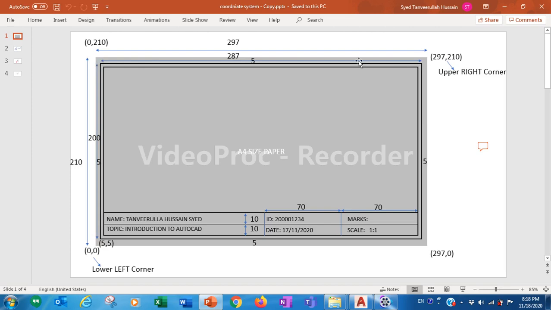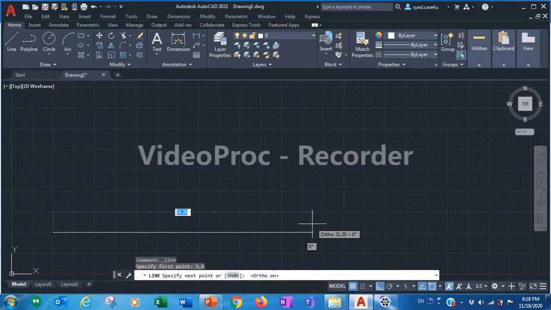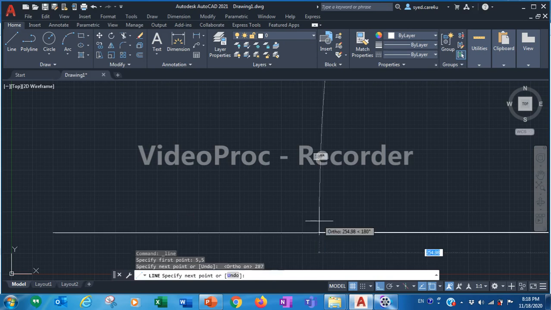We started from here, the starting point is here, and from here to this point it is 287. So now simply click and type 287, and then press enter.